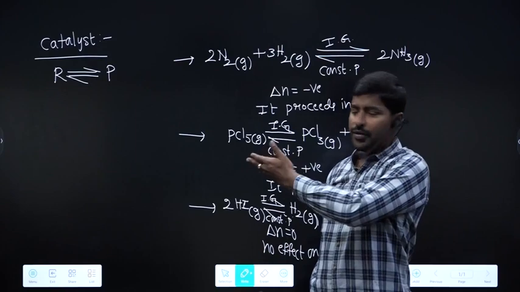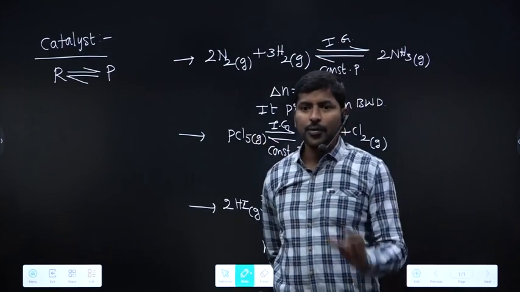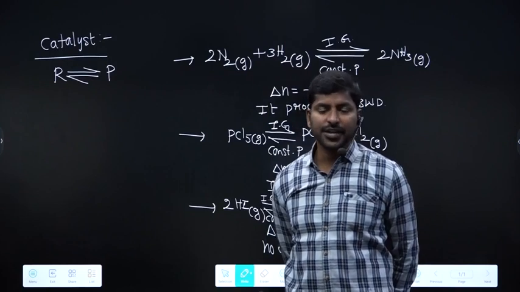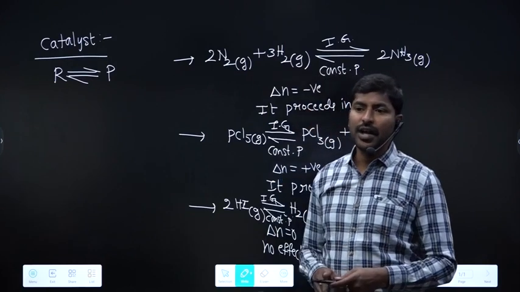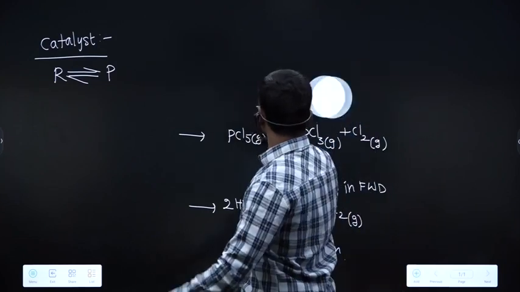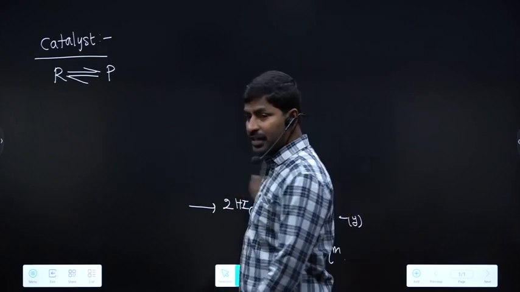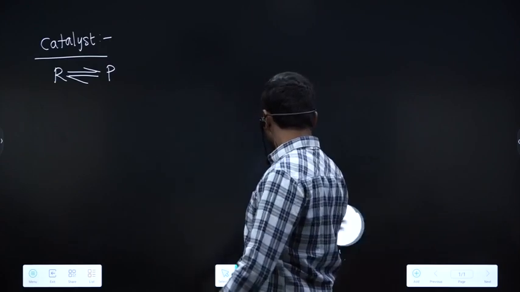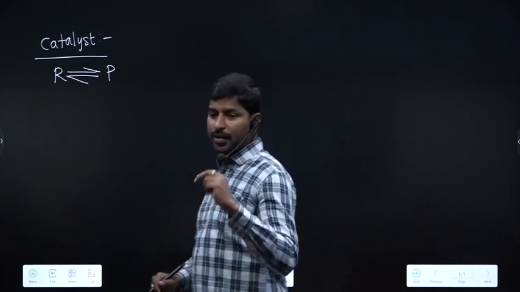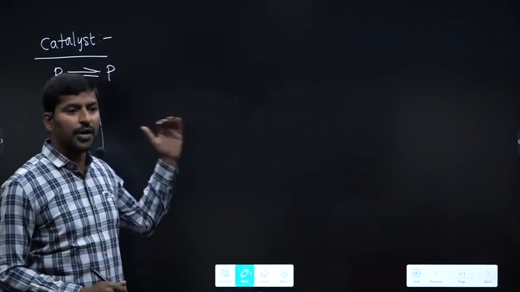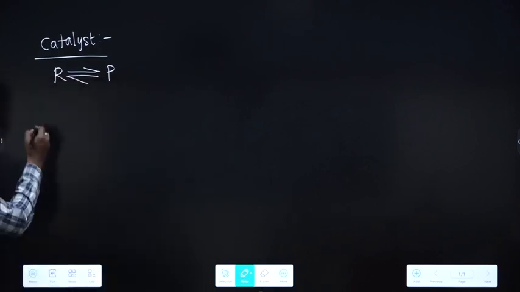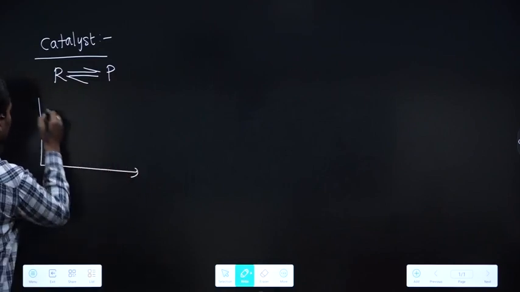This question is given in 2-3 competitive exams. By using catalyst, what happens? Rate of reaction increases. Why does rate of reaction increase? Activation energy required for the reaction decreases. Activation energy is the minimum additional energy that we have to provide to reactants to proceed in the forward direction, or the minimum additional energy we have to provide to products to proceed in the backward direction. So if you see the energy profile diagram,